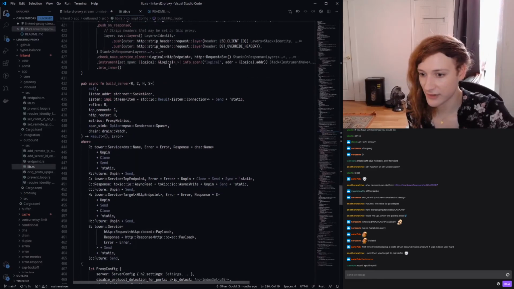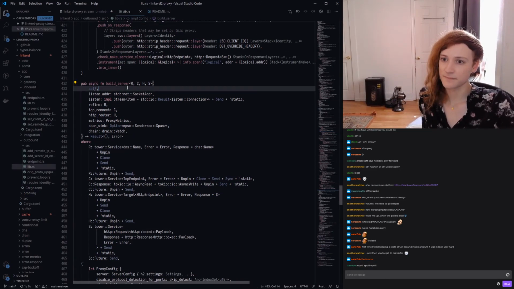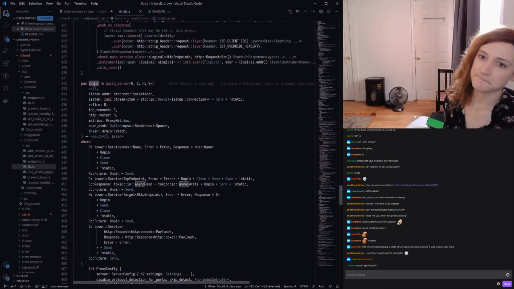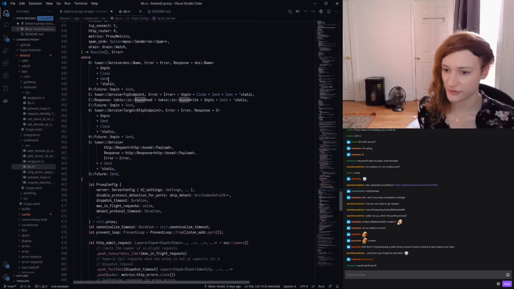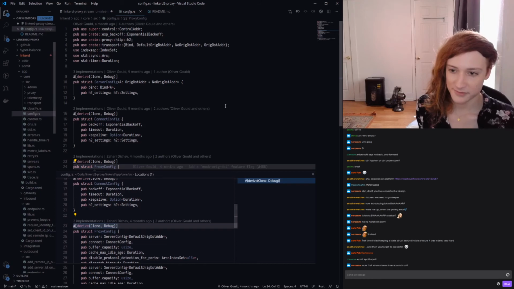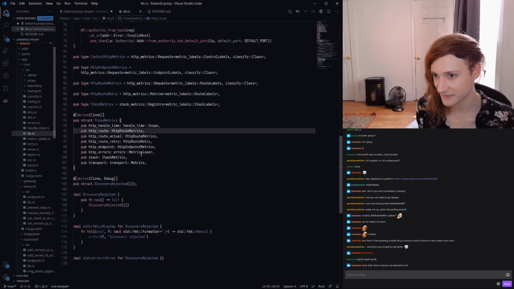and here the abstraction is async functions, right? So we have this function here called build server, and it has this async keyword in front of it. And what that means is that inside of this function, all of this code, right, don't pay attention to the where clause. That's not what we're here to look at.